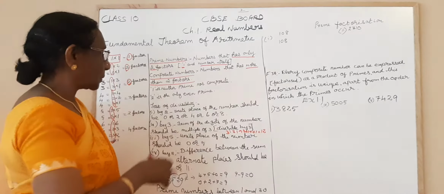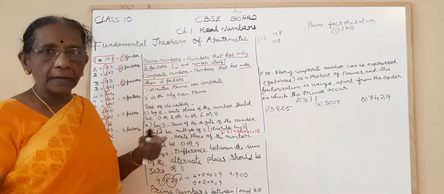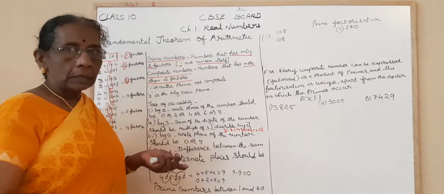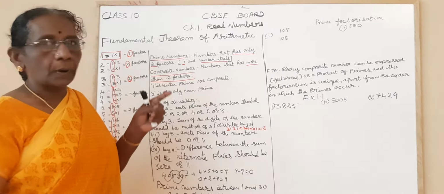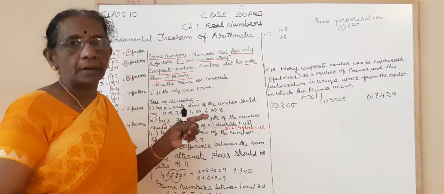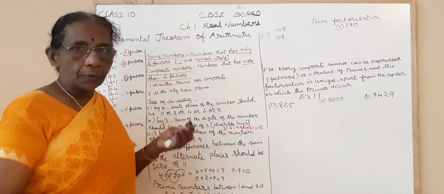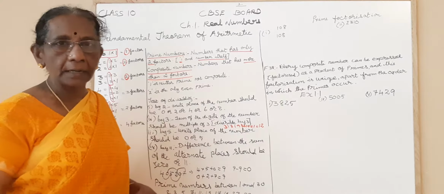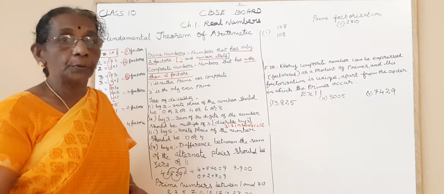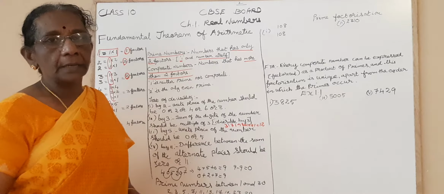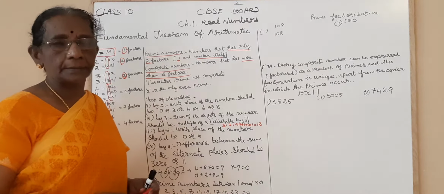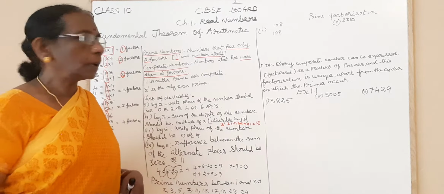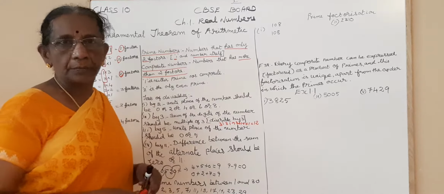So now next, for doing prime factorization, what is the meaning of prime factorization? All the composite numbers you can write as a product of primes. So for that, you are going to divide by the primes and find whether they are the factors. For doing that, you should know the tests of divisibility that you have studied in earlier classes. I think maybe in 4th. Okay, let us recall that, and then we'll apply it and do the prime factorization.